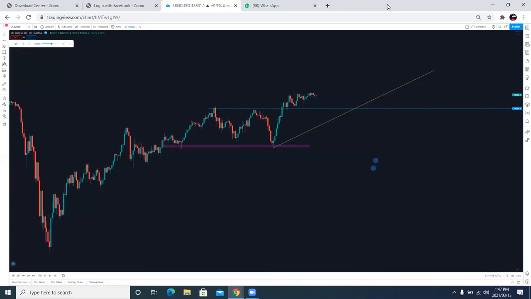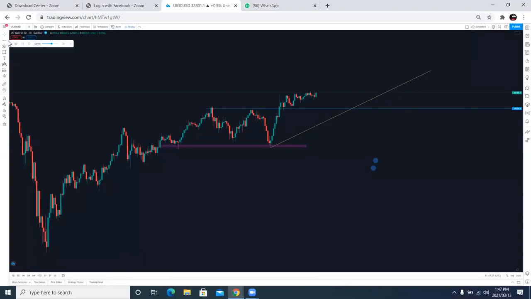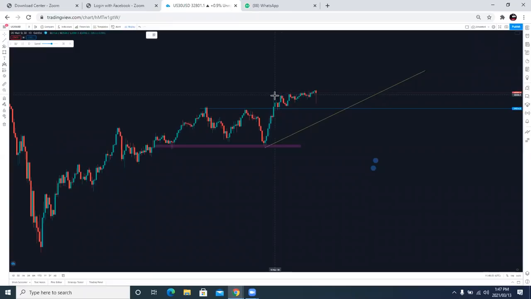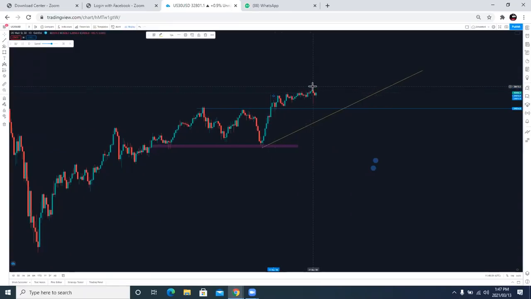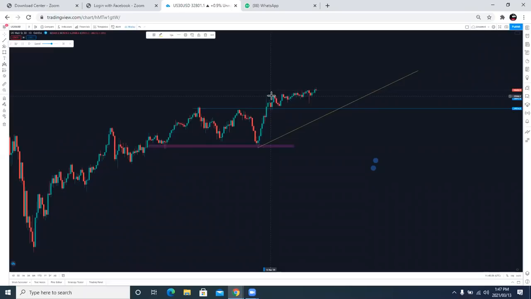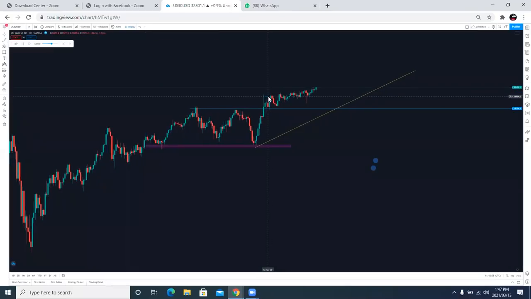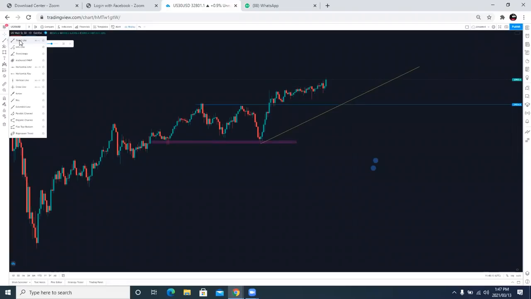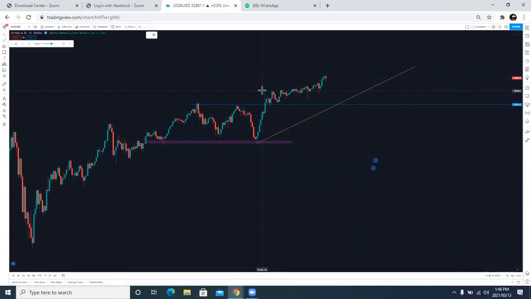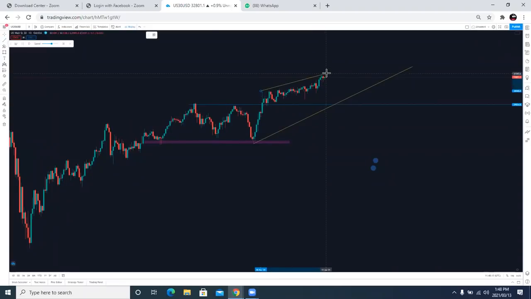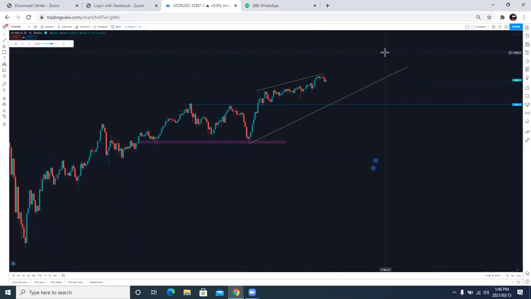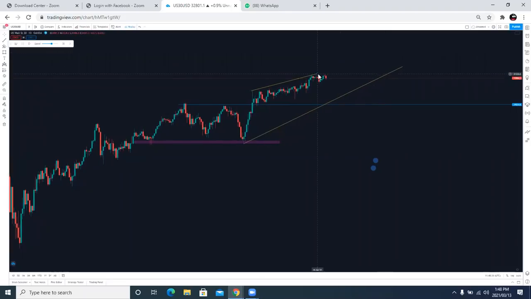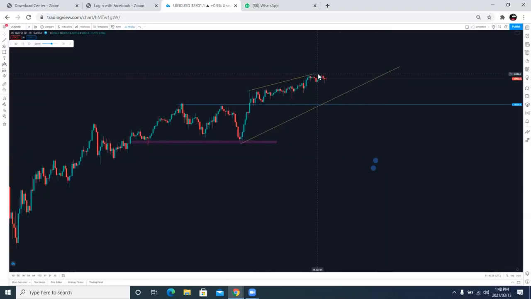So for now, the market is just moving. It doesn't have any direction. Then your mentor decides to say buy whatever or sell whatever. The market keeps evolving, guys. Do you understand what I'm saying? The market keeps evolving. Look how the market moves. When I say it keeps evolving, you just need to keep